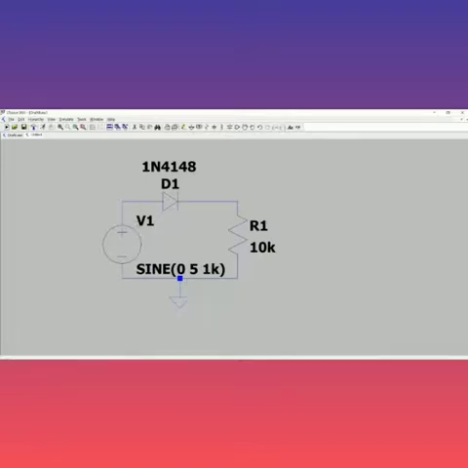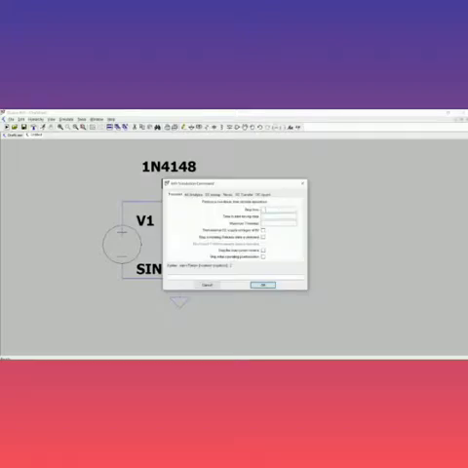My next step is I have to simulate it. Go to Simulate. You can see Edit Simulation Command is there. Click that. And here, stop time I'm just giving 5 milliseconds. You might wonder why we are giving the stop time. To get one complete period of a sine wave, we require 1 millisecond. So here I'm putting 5 milliseconds, which means I require the time to get 5 complete time periods of a sine wave. I will show you when my output comes.